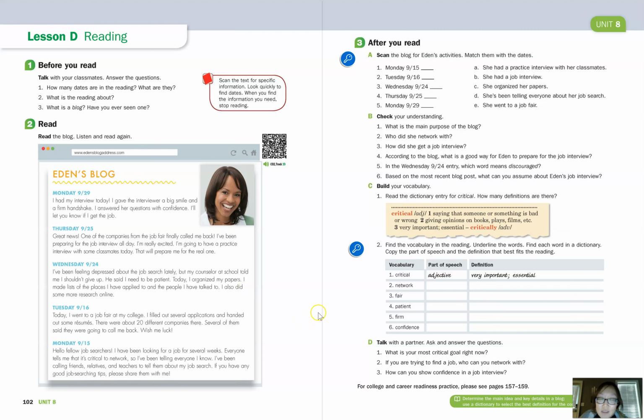Okay, so we are going to move on to exercise D. And actually, for this activity, you can just do it on your own. So what is your most critical goal right now? Like, what is your most important goal right now? Maybe it's to help your children complete their schoolwork. I know it's very difficult to balance your responsibilities and also helping your children. So maybe that's your most important goal at the moment. So just answer these questions on your own, and